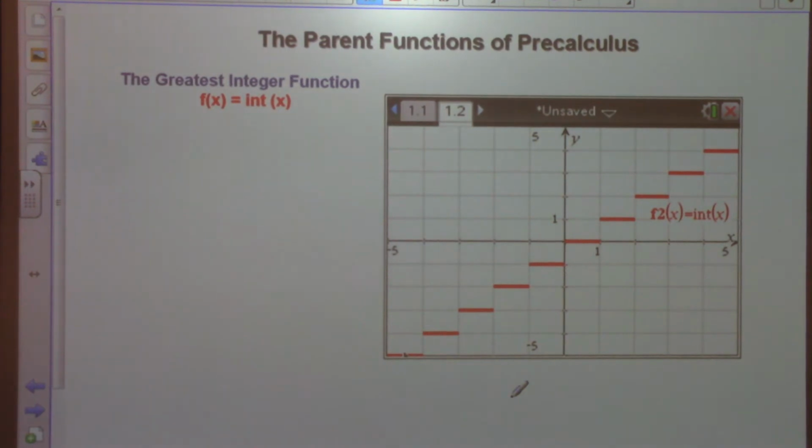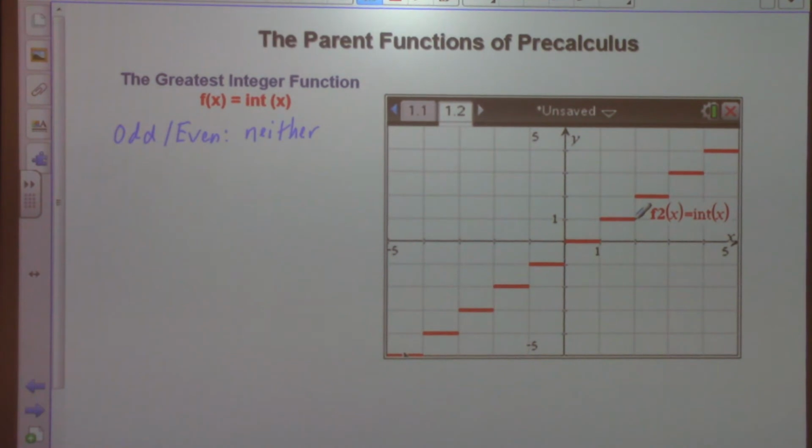Now this one here is called the greatest integer function. Have you ever seen that one before? Is this one going to be odd or even? The thing looks like it's odd. It looks like odd, but it really is neither. And the reason you can tell is that